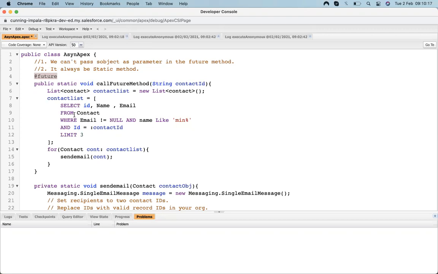In short, whenever we face any limitation while working with asynchronous Apex, then we have to move to Queueable, because Queueable is the solution of everything. But we are not going to use Queueable right away, because the runtime of the Queueable method is unexpected. We can't predict when it's going to run. So that's why Queueable is not preferable to use always. Only whenever there is a need, then we have to use Queueable Apex.